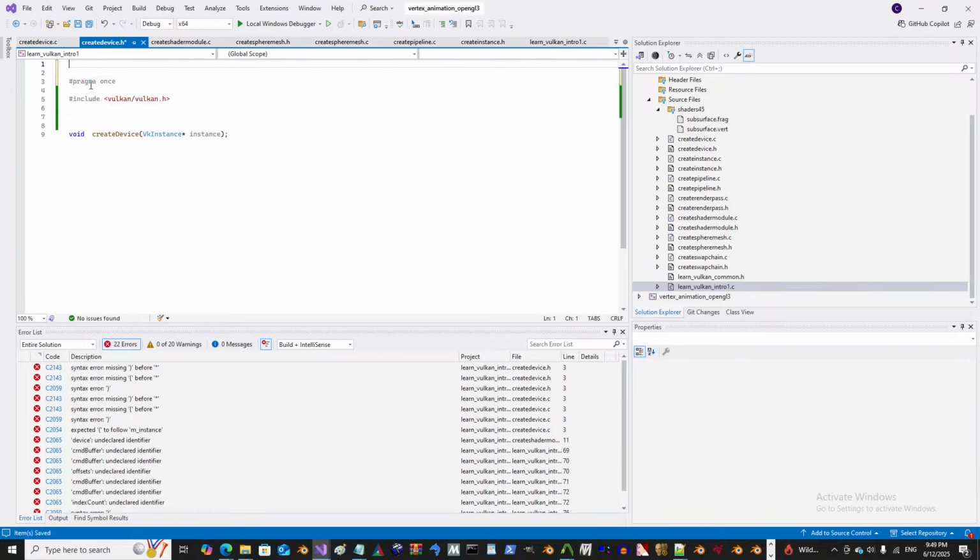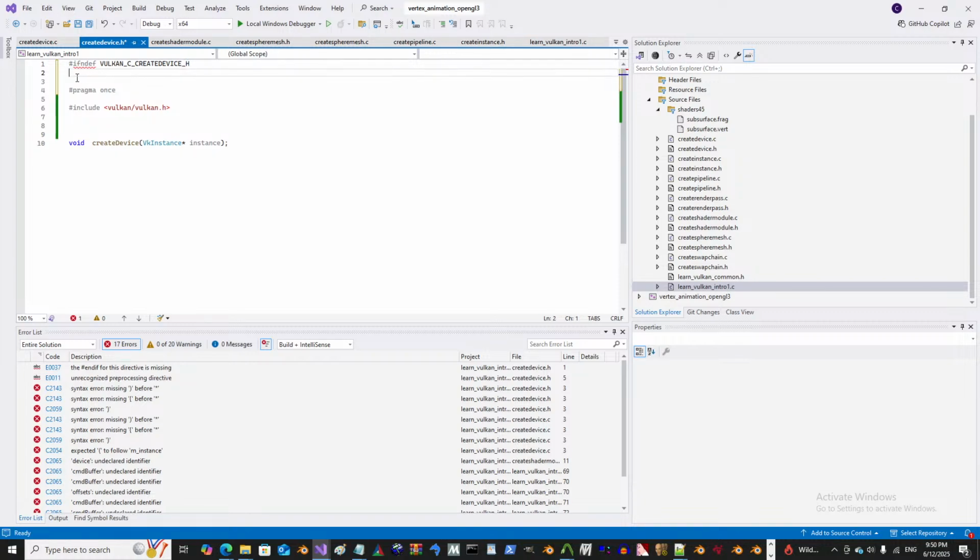I think we need ifdef, ifndef, Vulkan c, create device, I don't know, underscore h. Oh, how did I do that? Just trying to type a little h. Then define